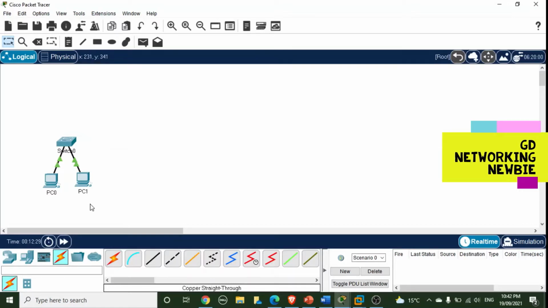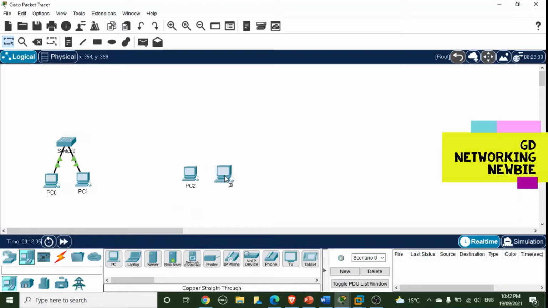And let's create another network here, and for that we are going to select two computers again. Let's say these two computers are there, and then we need a switch there. Again, I'm selecting a switch and putting it there. And now to make connection between these two PCs and the switch, I'm going to select this time the automatic